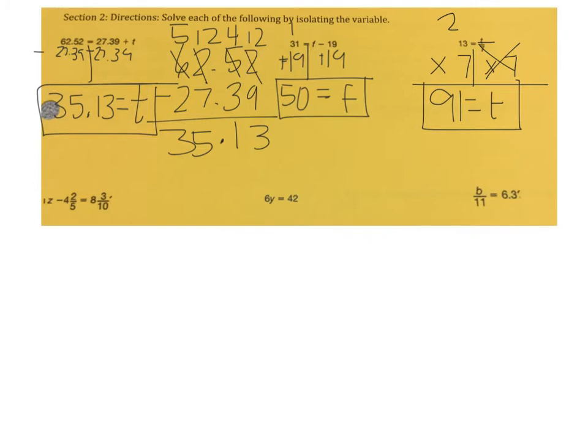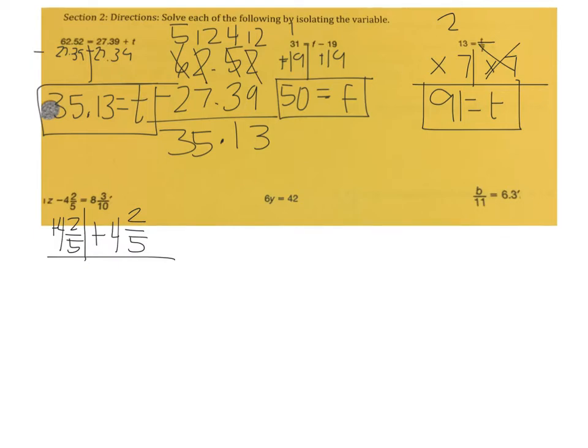All right, so once again, we need to draw our balance. And I see that we want to get z alone. That's the variable we want to isolate here. And next to it is minus 4 and 2/5. So we're going to do the inverse operation. We're going to add 4 and 2/5. Do the same to the other side. Add 4 and 2/5. All right, so when you add fractions, remember adding and subtracting fractions, you have to have